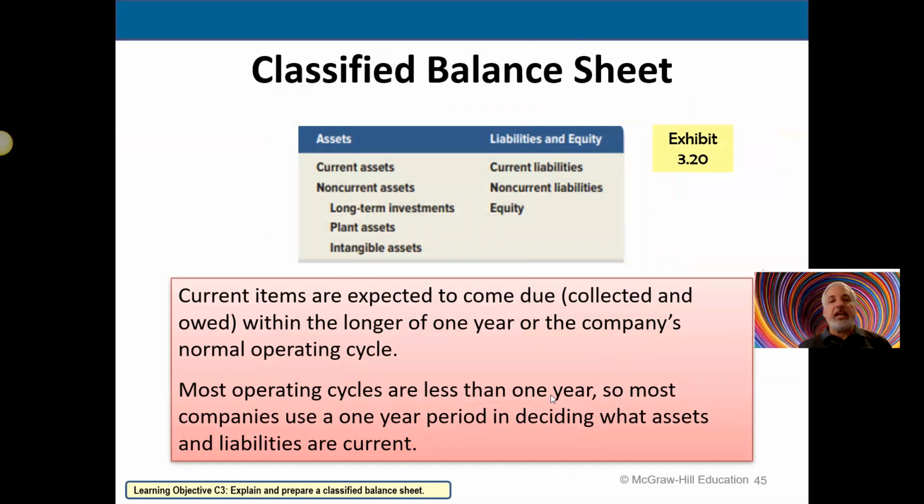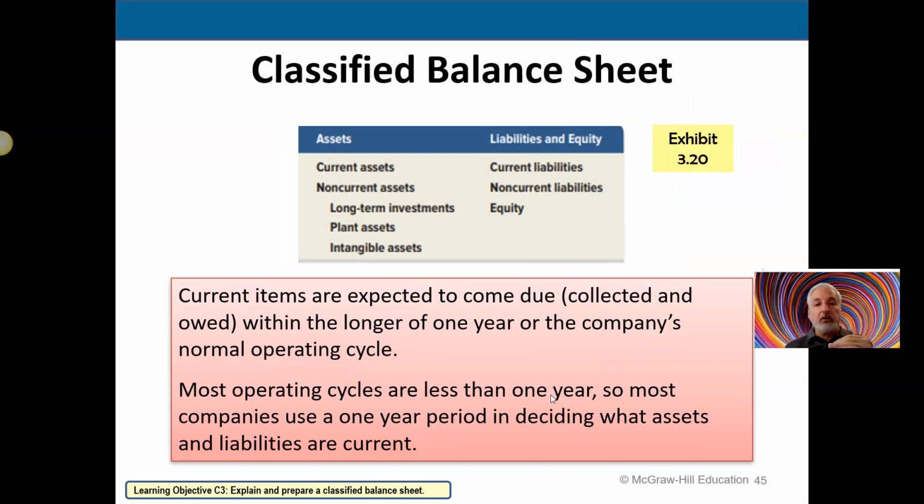Let's talk about classifications on a balance sheet. We're going to break this down a little bit. Current assets are separated from non-current. Current assets like receivables, prepaid expenses, and inventory are basically being used up in a year or converted to cash within a year, as opposed to the long-term stuff, the plant assets,